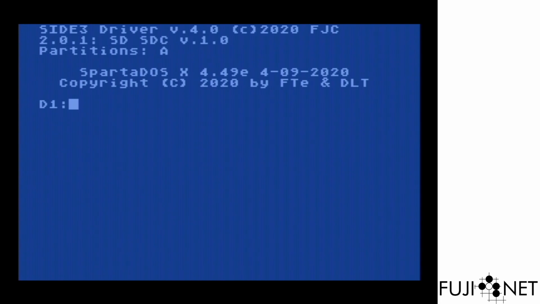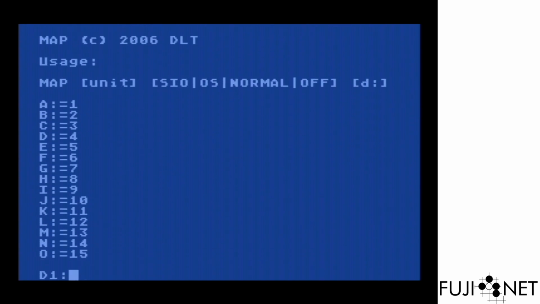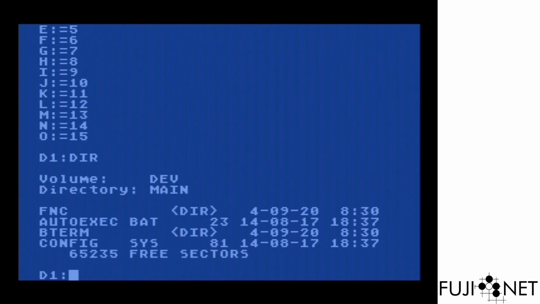But because I actually have a partition set up here on drive A and that map is set to normal, the hard drive overrides it. So when I do a directory on drive 1, you'll see that I get the contents of my hard drive image and not the ROM disk. You can use the map command to override, in which case you would get the FujiNet ROM disk. You'll see that I have an autoexec.bat